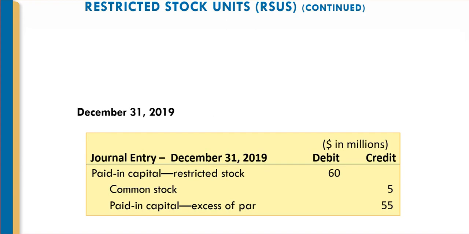and you record it in the same way as if it had been, say, a sale, except I have to caution you now, because if this was a sale of common stock, you would have seen common stock credited for 5, yes, par times number of shares. Your paid-in capital in excess of par would have been the market price on December 31st, 2019 minus par times the number of shares, right?